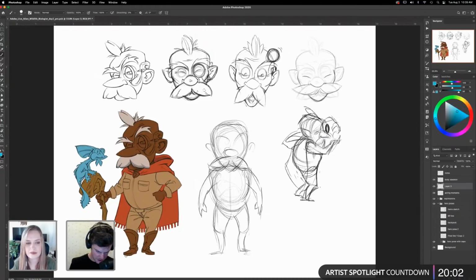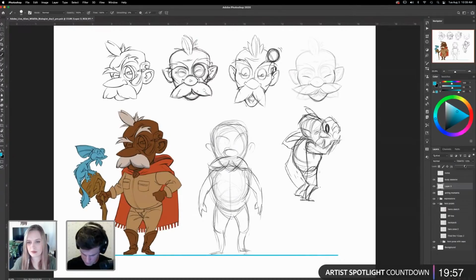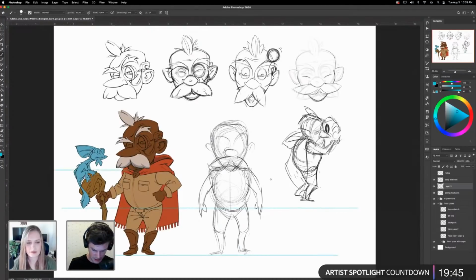So it's good to make these guidelines that are going to help you match up these points that are really important, maybe like his belt line, the chin line, nose. And when I did the body, obviously I try to do as much freehand as I can, because sometimes having too many guidelines will start to restrict the rhythm and flow. And then it might be perfectly right, but it might not look right, which can happen. So you do want to use your intuition a little bit.